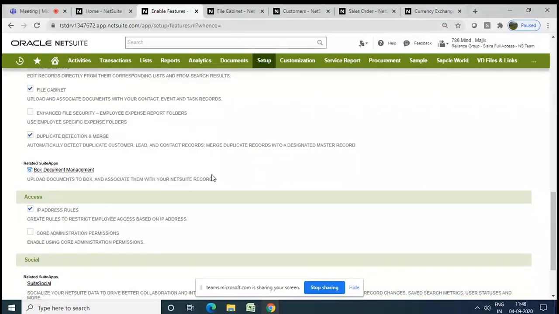Okay. And then we have duplicate detection and merges. Why do we have duplicate detection and merges? As I told you, we have two subsidiaries, so don't forget about the two subsidiaries. We are doing a CSV import. What happened is we have newly implemented a NetSuite account, and